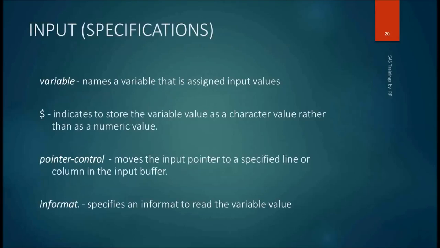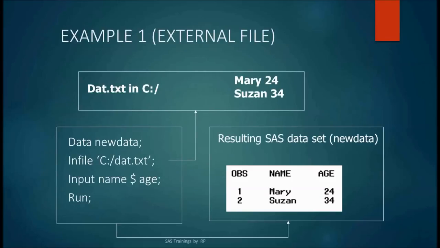You have to differentiate the numeric variable and character variable by using the $ sign. The pointer controller moves the input pointer to the specified line or column in an input buffer. And you can mention an informat, which specifies an informat to read the variable values. So this is an example of the